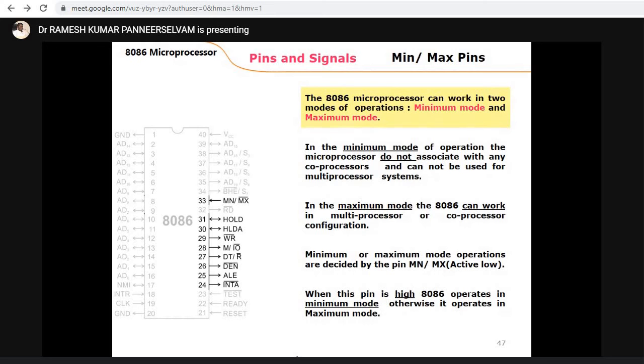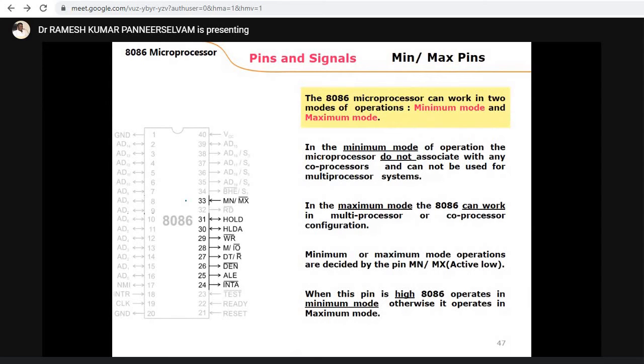The difference comes only with these pins. 24 నుంచి 31 వరకు ఉన్న పిన్స్ మినిమం మోడ్ లో ఒక రకంగా పనిచేస్తుంది, maximum mode ఇంకో ఒక రకంగా పనిచేస్తుంది. సో ముందు we will discuss about the minimum mode operations, then we will get into the maximum mode. Try to understand the meaning of each signal, that is more than enough. So now pin number 33 indicates whether you are going to be in minimum mode or maximum mode.